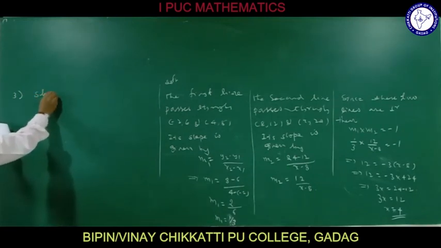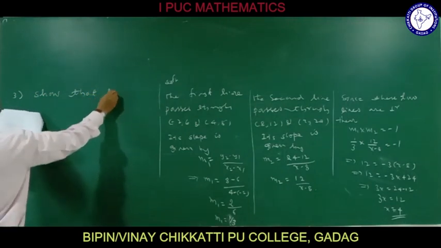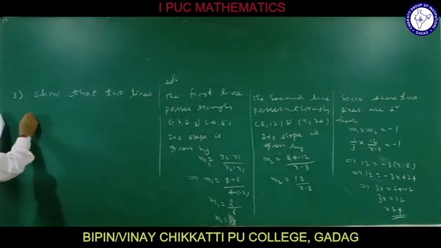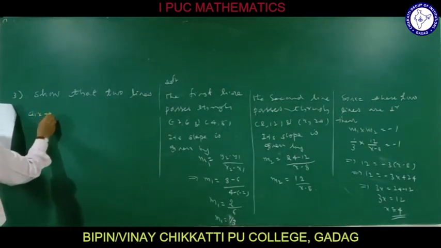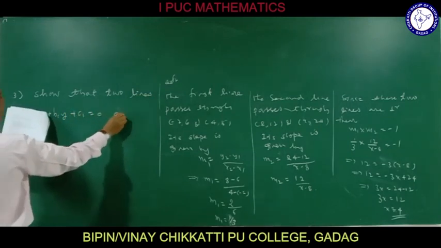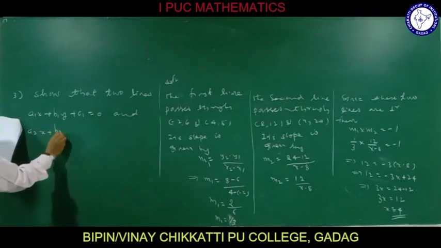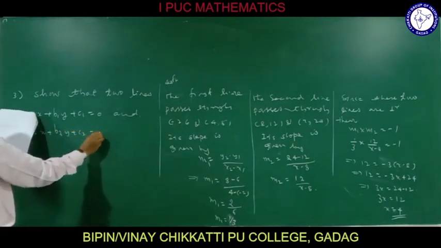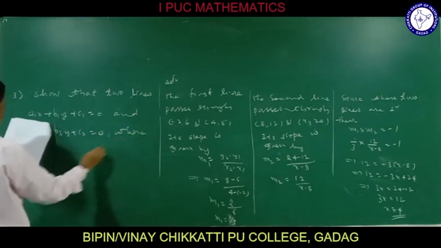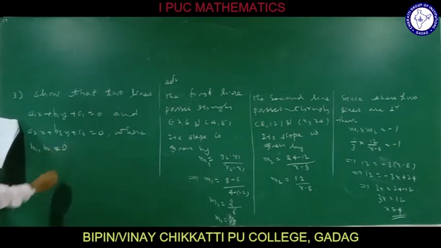Show that two lines a1x plus b1y plus c1 equal to 0 and a2x plus b2y plus c2 equal to 0, where b1, b2 are not equal to 0,